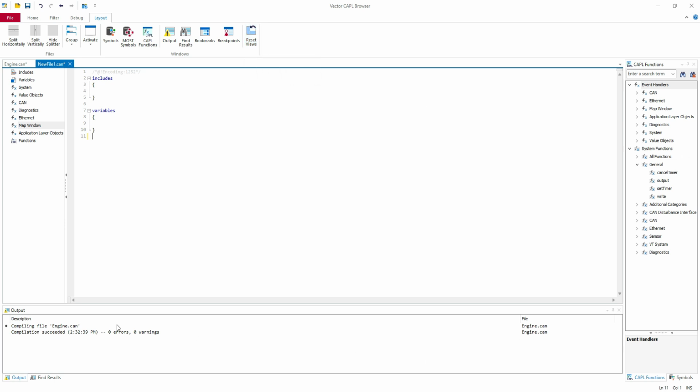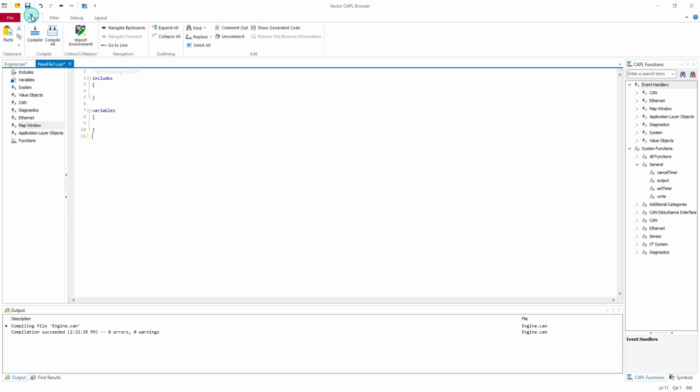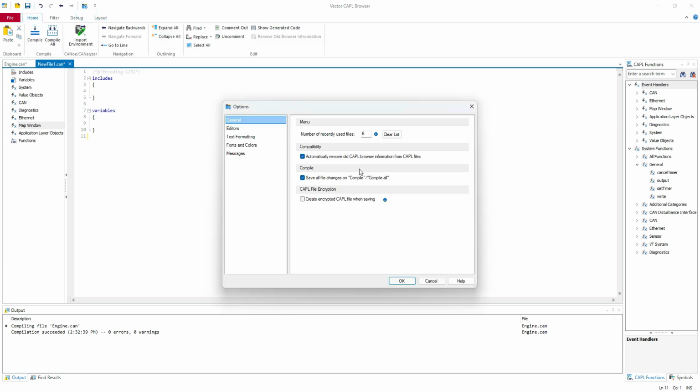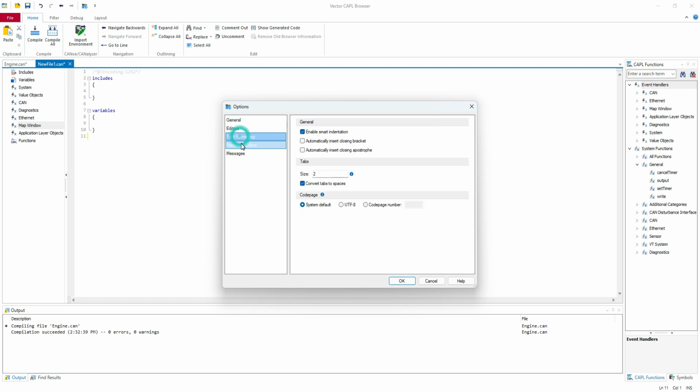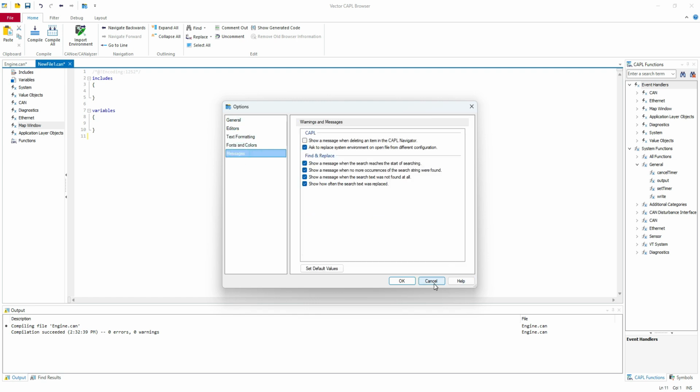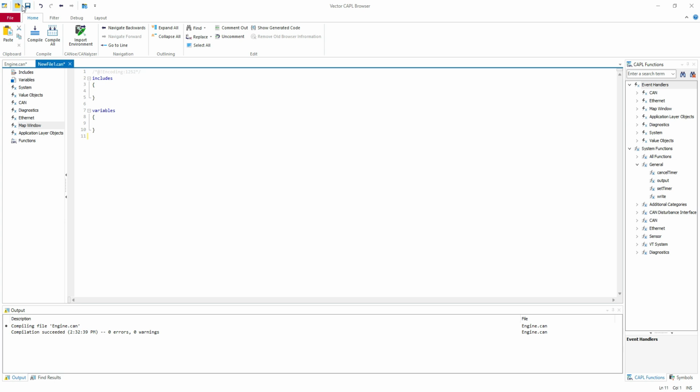So if you lose one tab from here, just come here in the layout, reset view, and you're fine. Don't panic, okay? Okay, here we have the options, I think. Some options if you need. Not so important. The save button, open file, undo, back, navigate backwards or forward. Okay,